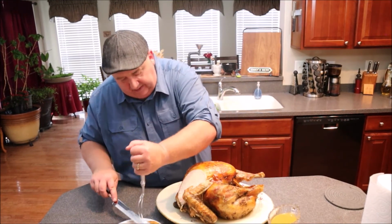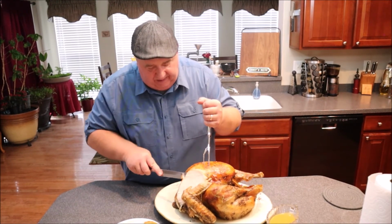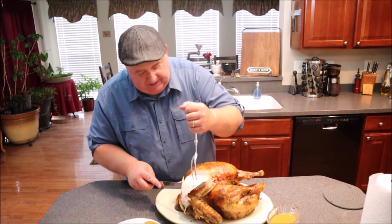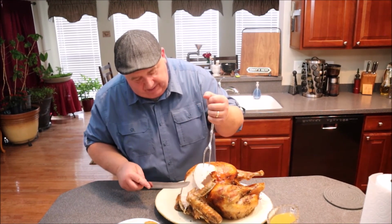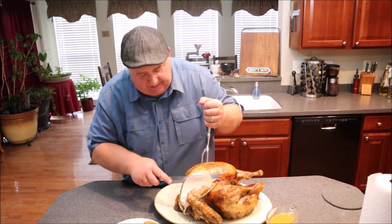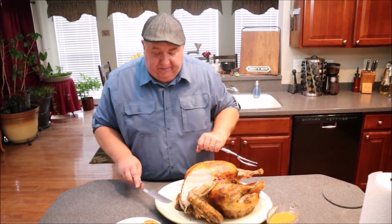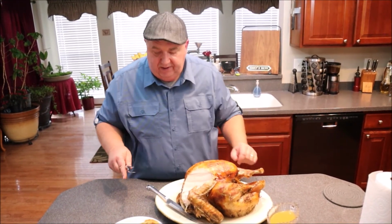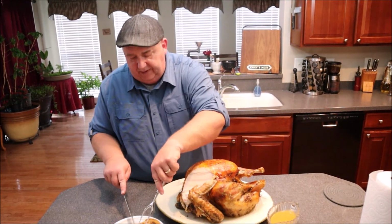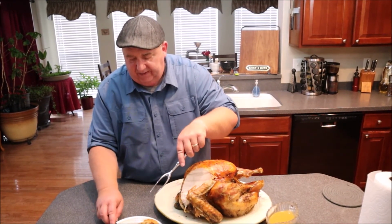Wow. Not looking too shabby. Wow, you can see the moisture in there. That is some nice tender turkey. My knife is going through it just like butter. So, first I'm going to try a piece without any gravy. Just a little piece here. Well, I'm just barely touching that, and it's just